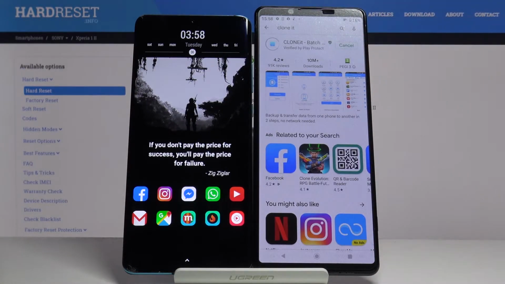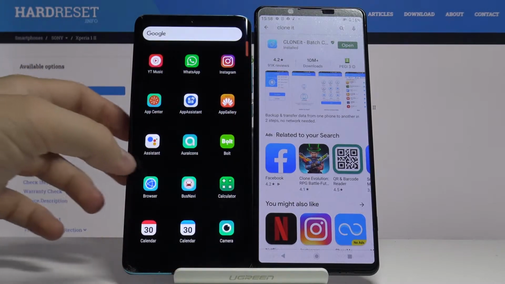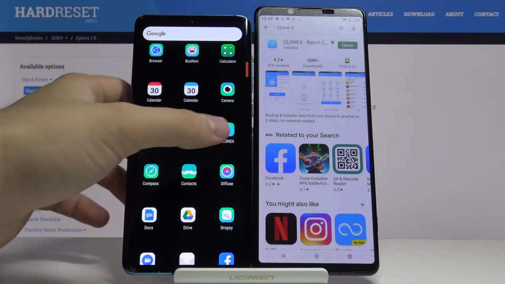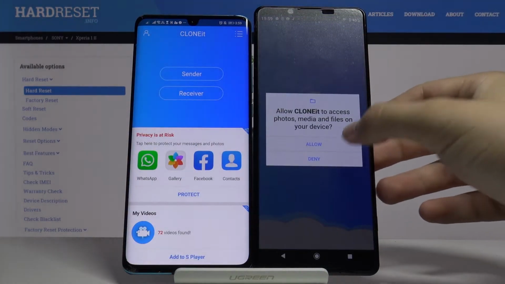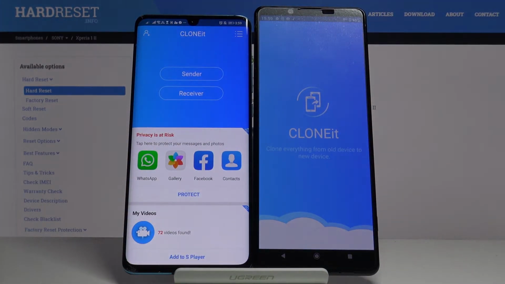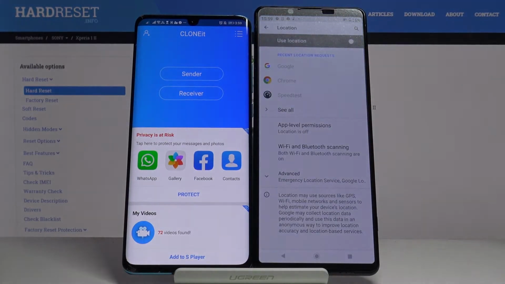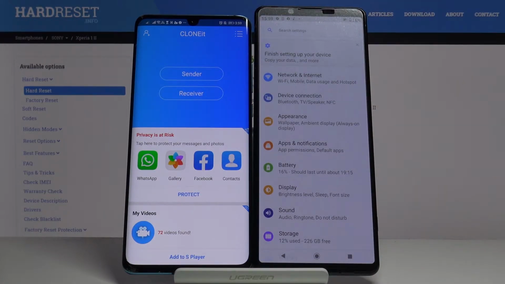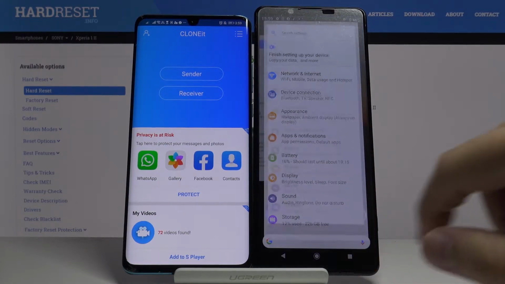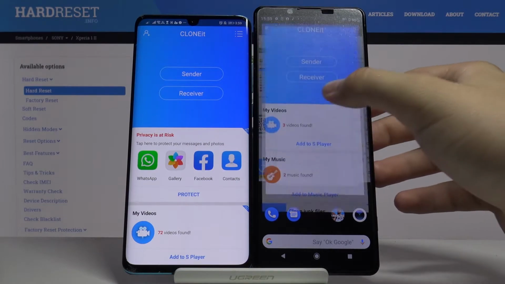So let's install this application and do this on the second smartphone also. I just got it, so right now I can open it on both devices. Click here allow, and then tap on yes, agree, and in the center tap set, turn on location, and then just go back. As you can see, we are back in the settings, but we want to be in this application, of course, so click here, find the background application, swipe one more time, click here, and here